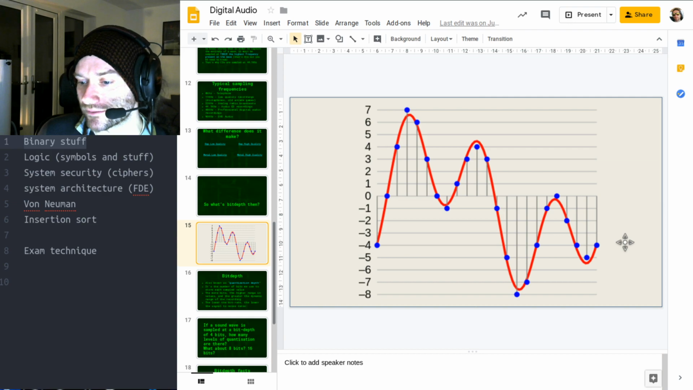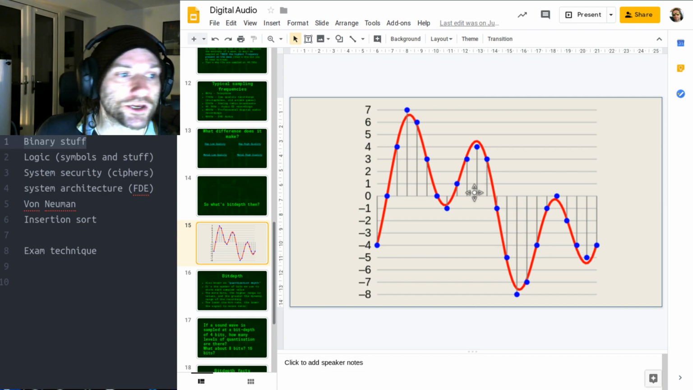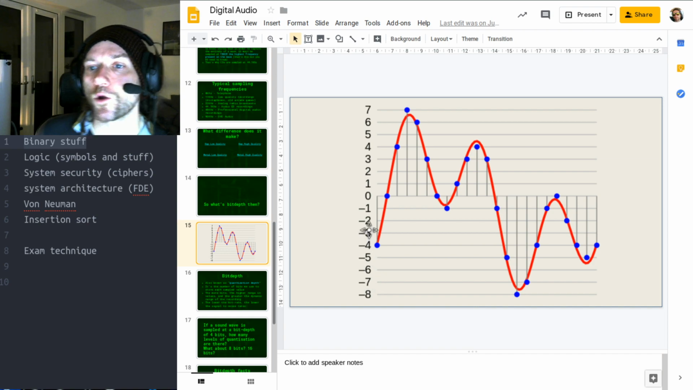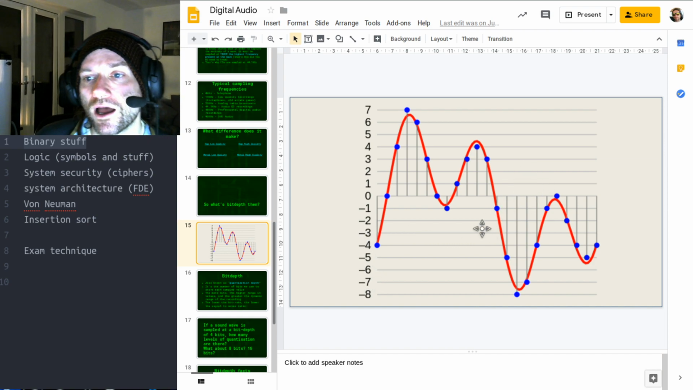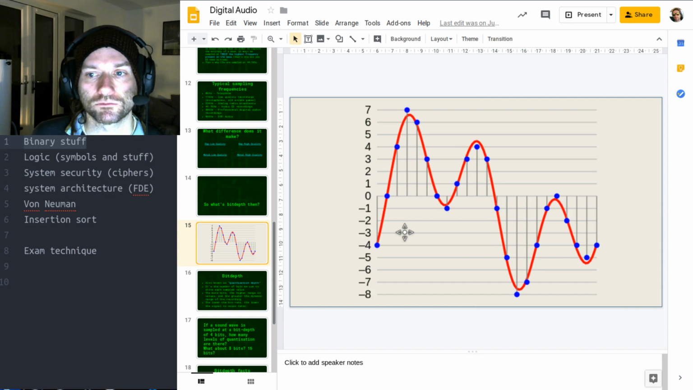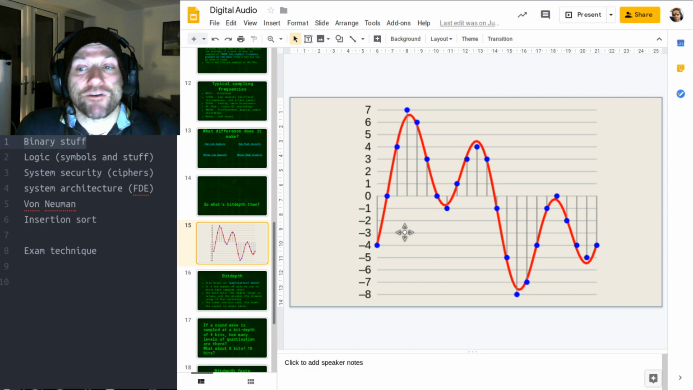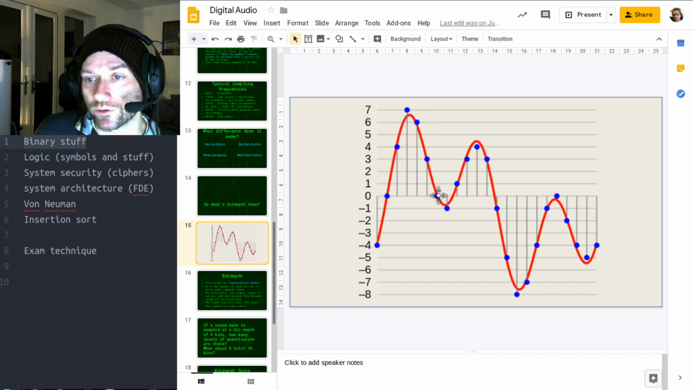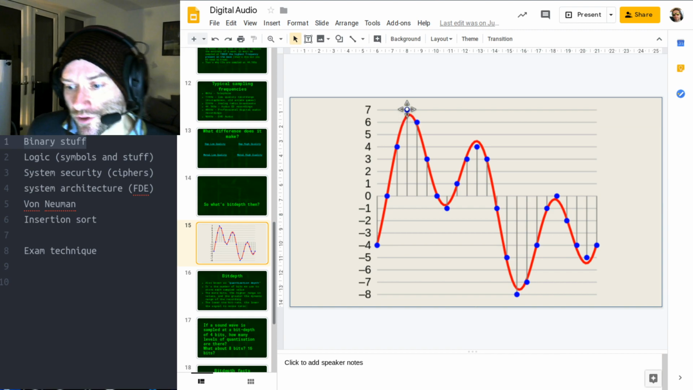Here's a more useful diagram. You can see here I've got the measurements of the height of the wave above and below 0. The way that we convert things to binary is we have to do something called quantization. Quantization is necessary whenever we're converting anything to binary which starts off as a continuous waveform or a continuous spectrum. So we cannot record precisely every single sample. What we have to do is we record the closest